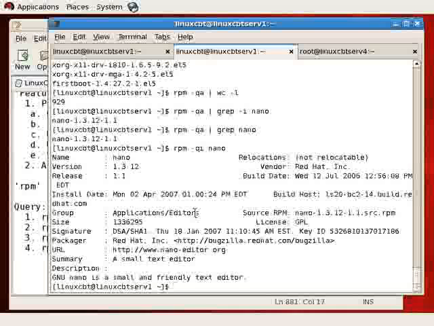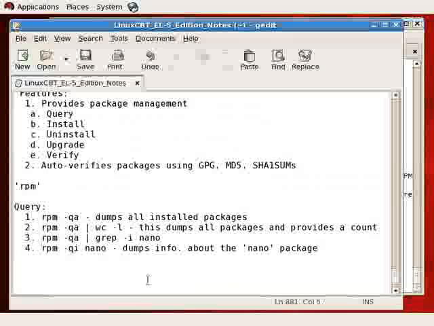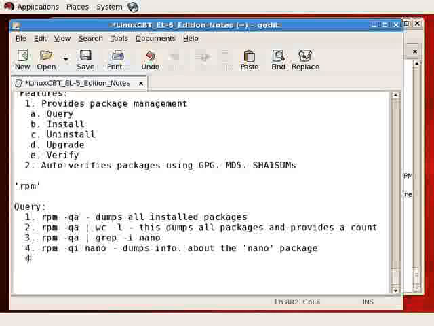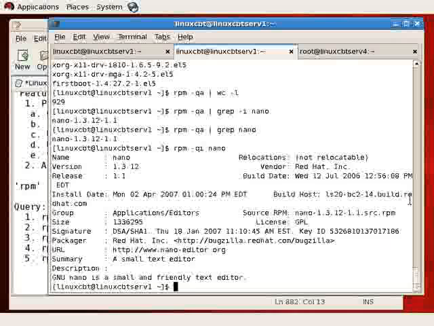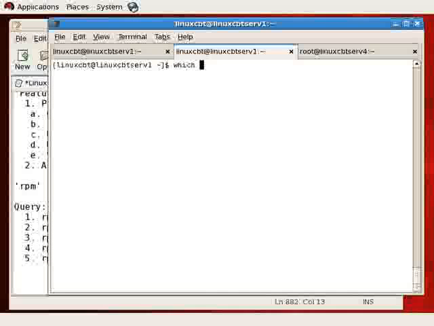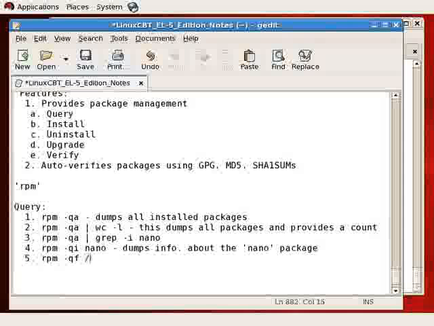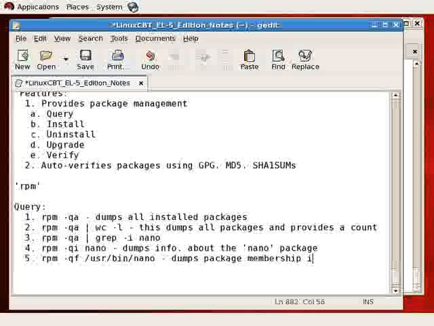Now, how about querying files on the system? We've been working with Nano. How about querying to determine a file's package membership? So the fifth step, rpm -q -f, and we need to determine where Nano is located, which is why we'll use one of those trusty commands we studied, the which command, to determine where Nano is available, and it's in /usr/bin. So rpm -q -f /usr/bin/nano dumps package membership information